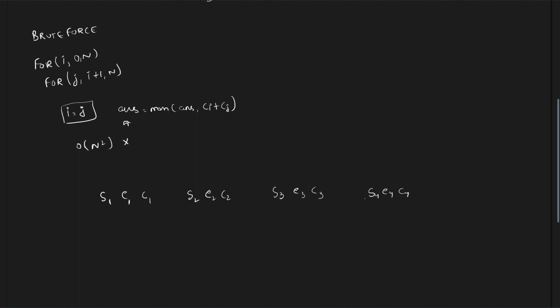Right. So if we sort all these values according to S and E, the smallest starting time comes first and also the smallest ending time comes first, right? So the first priority will be with starting time and the second priority will be with ending time. Since we have all the values sorted according to starting time, you will see that for example, if I have some S2 and E2 here,